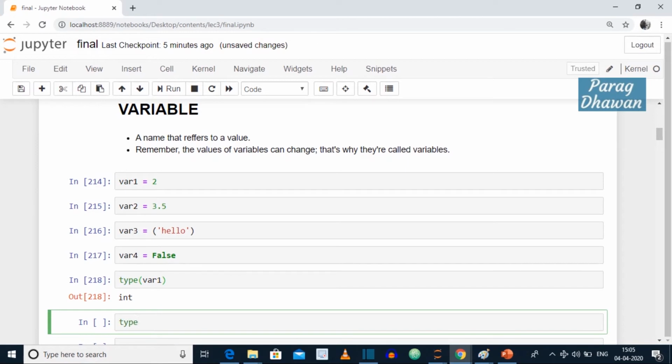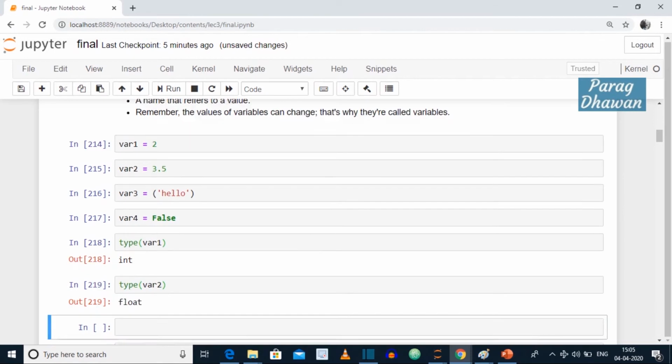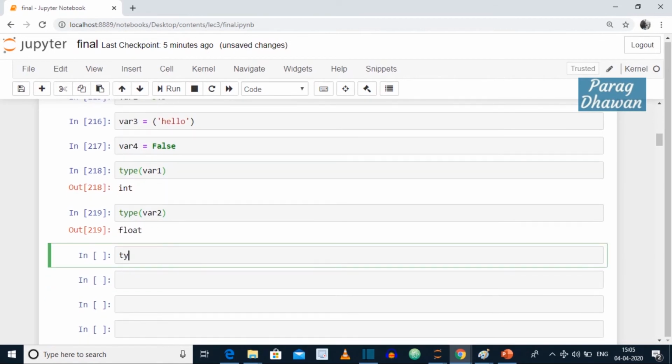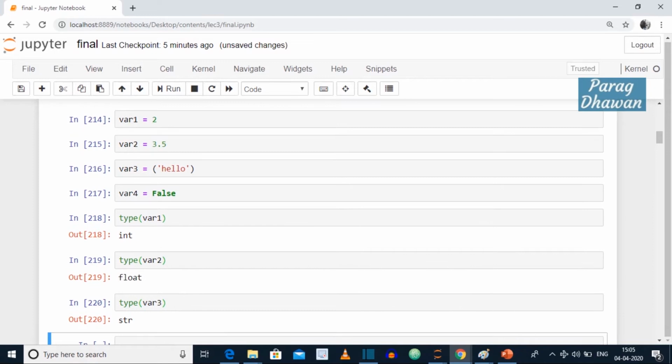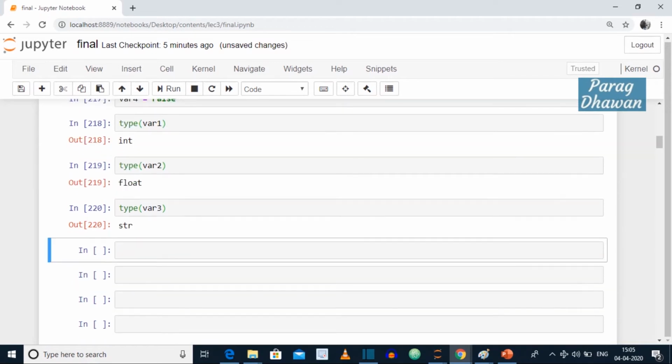Type var2, float. Type var3, string is assigned, therefore output is string, and type var4, boolean.